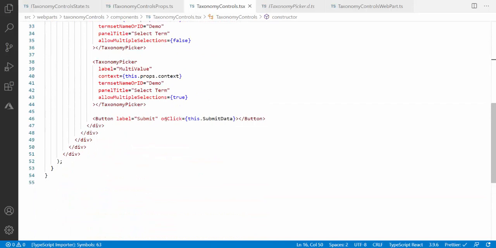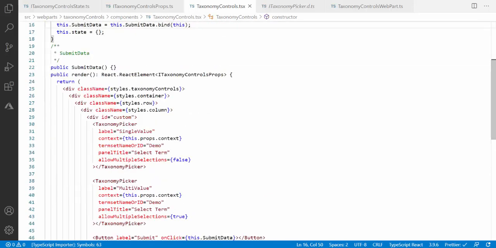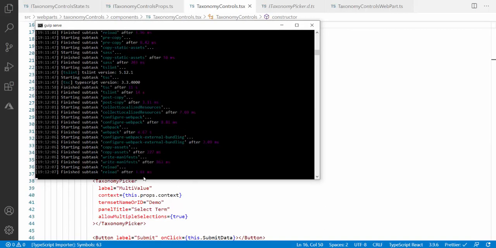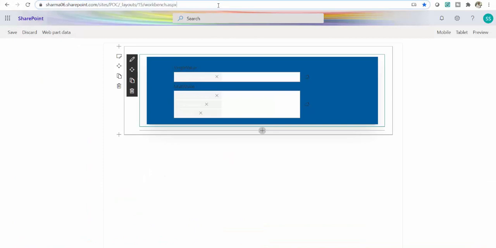So now everything is fine. From here I have to just implement the submit data. So now let's just see the web part again. Gulp serve is running. Let's wait for it to complete. Reload. Okay, it's fine. I'll go and refresh my page,